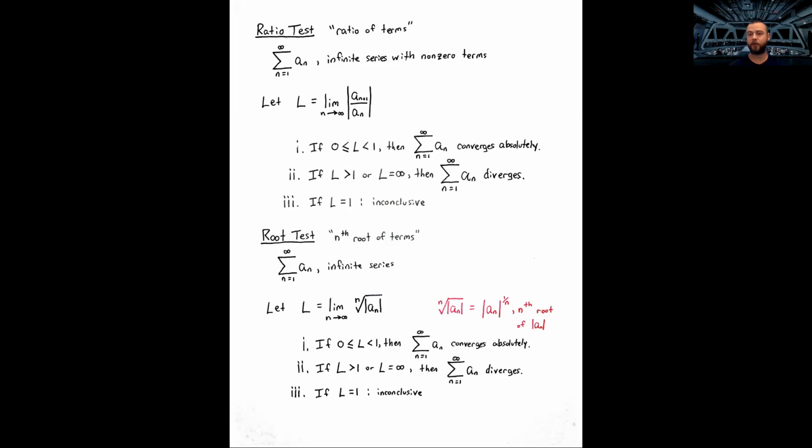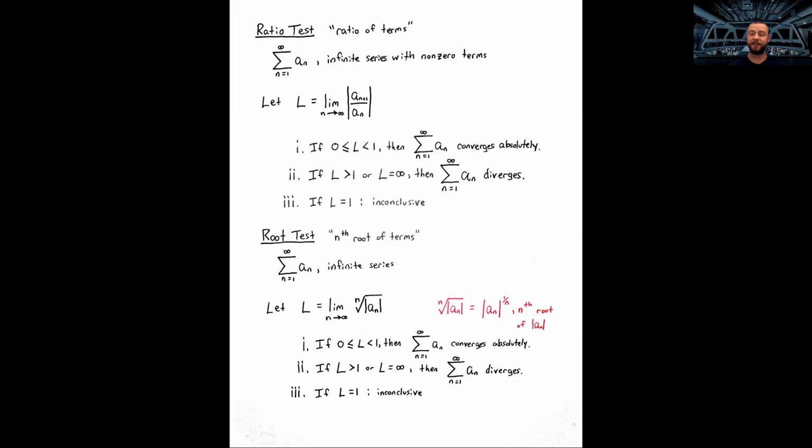These are just more technical things that happen for a few examples, but not all of them. All right, so it's pretty much the same three conclusions from the ratio test. For this quantity L, we take a limit now as n goes to infinity of the nth root of the absolute value of a sub n. So a slightly different limit expression that we're evaluating, an nth root versus a ratio, but it's the same three